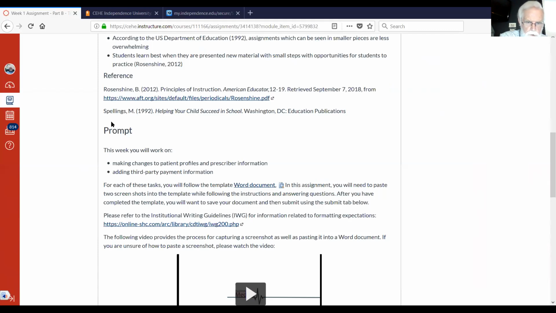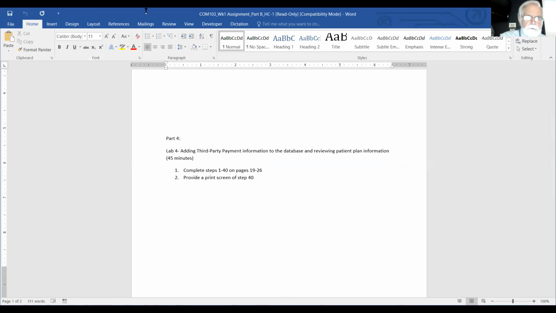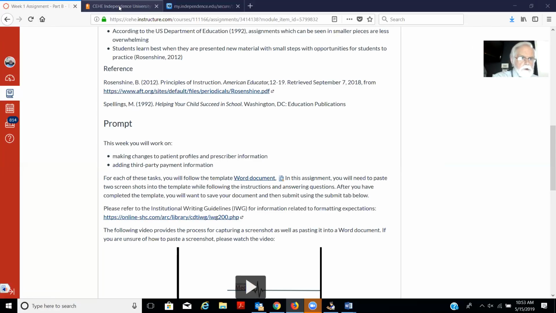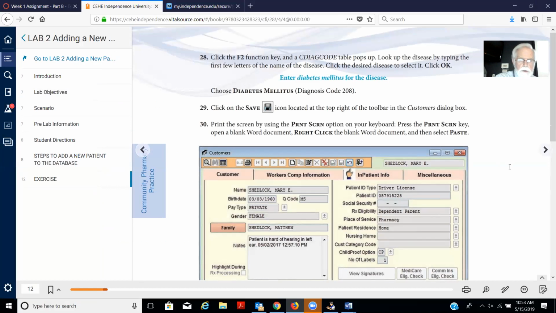Need to find the right screen here. We'll do this the hard way then. Okay, so we'll go here to the book and